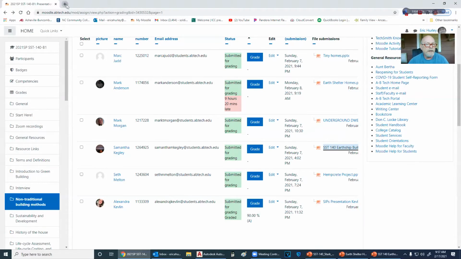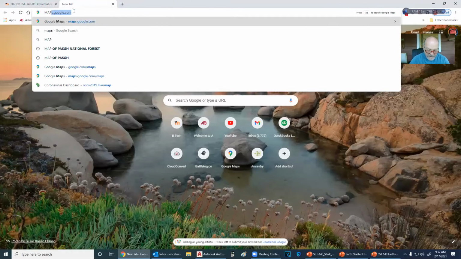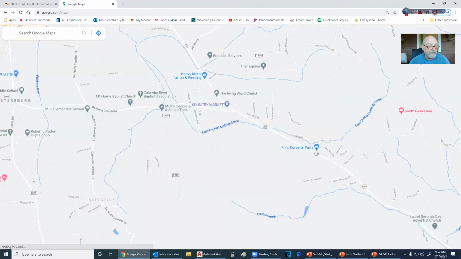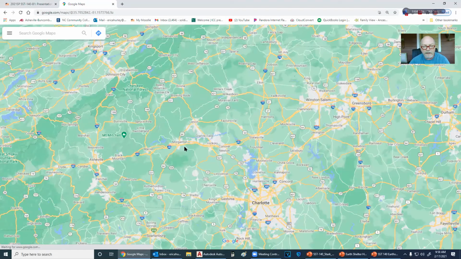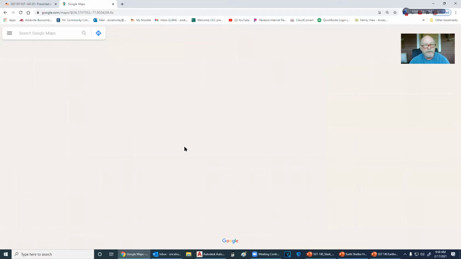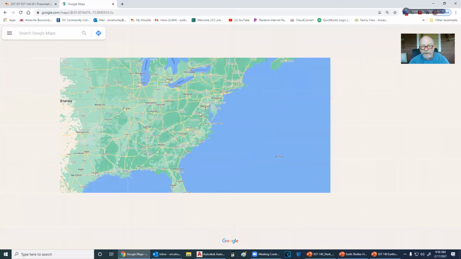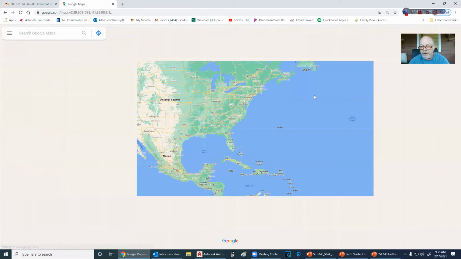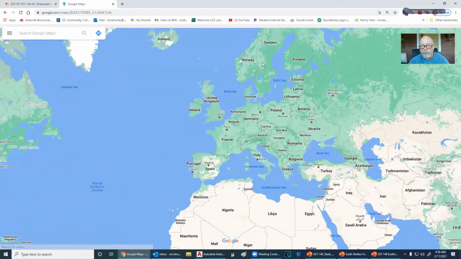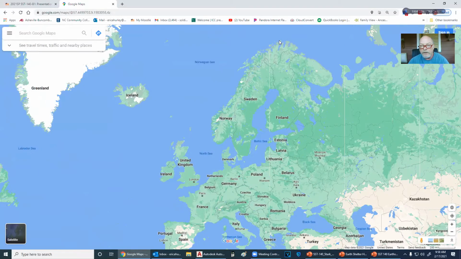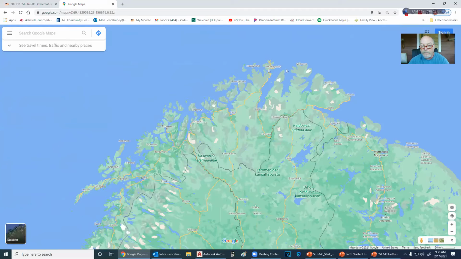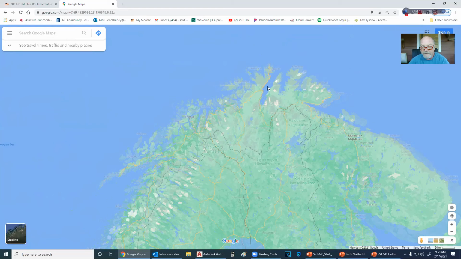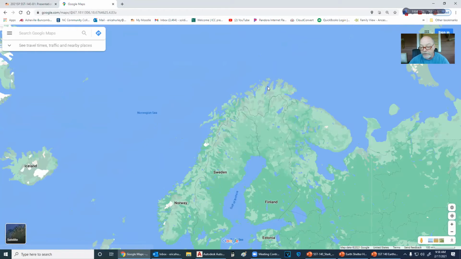There is one house, or the remnants of a house in Northern Europe that ranked way up as being close to one of the oldest structures. It was way up here somewhere. I mean, it's super cold, and it was mostly underground. I don't remember which town it was, but somewhere up here there were remnants of one of the oldest shelters